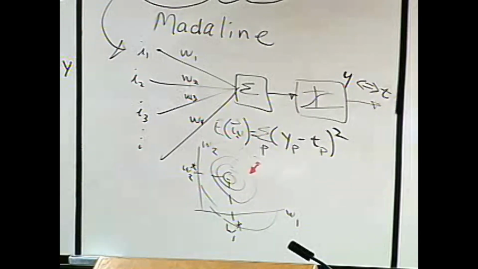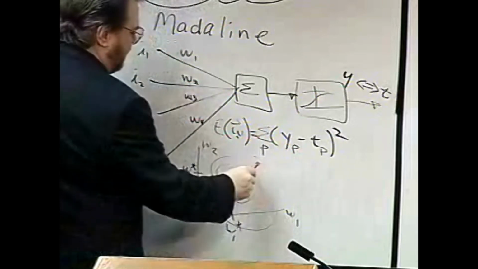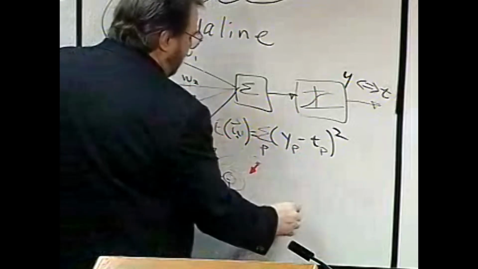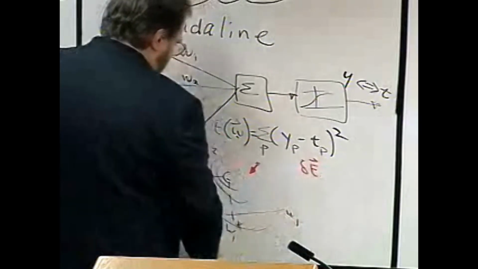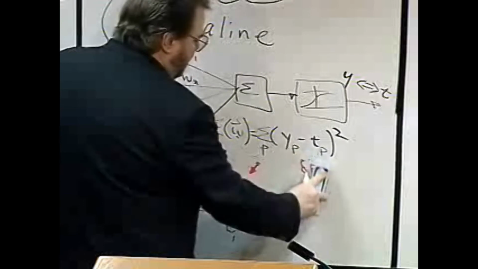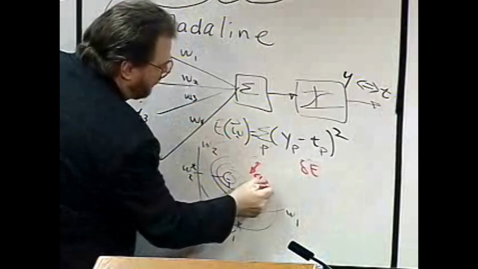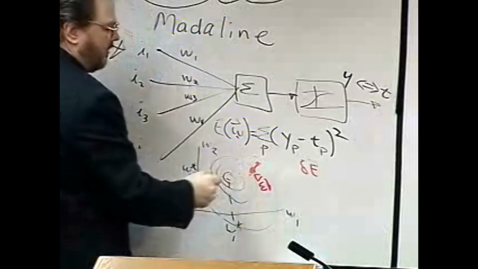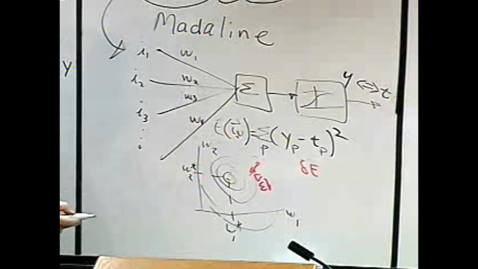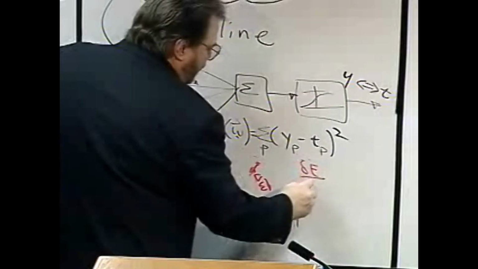The question is, what is downhill, right? Well, downhill turns out to be, say, in the W1 direction. Downhill happens to be the rate of change of E. Well, you notice, I'm sorry, this is delta W, and it's a vector because you have to have a direction associated with which way is downhill. Well, going downhill is proportional to the derivative of